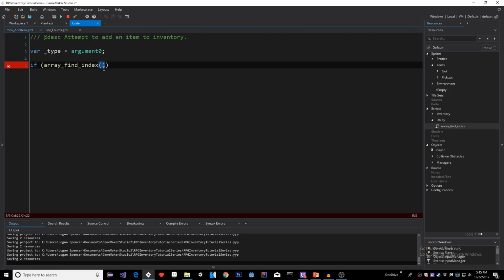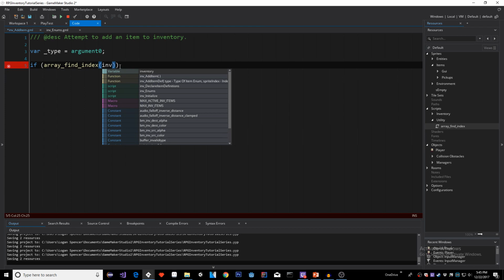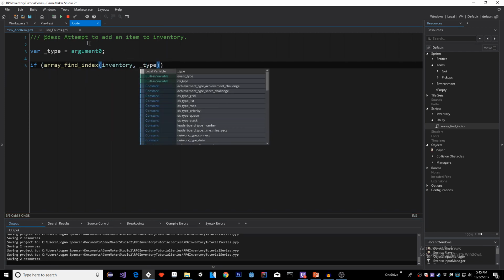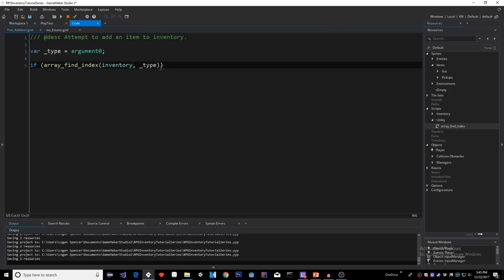We haven't created an inventory manager yet, but basically we're going to be searching through our inventory, which is basically our linear boxes. Remember, our boxes that have a type. We're searching for the type that was passed in here, okay? And this is going to return -1 or the index. So we're going to say if it's not equal to -1,